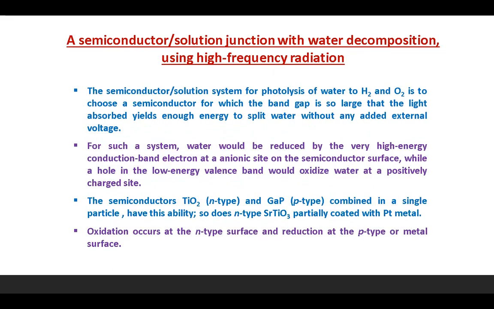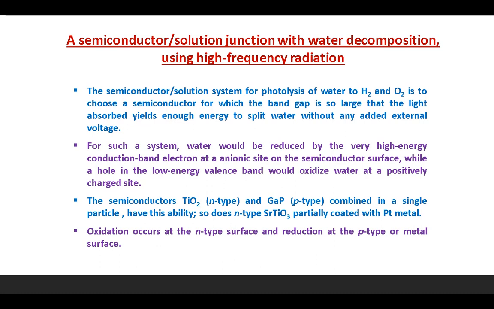A semiconductor solution junction with water decomposition using high-frequency radiation. The semiconductor solution system for the photolysis of water to H2 and O2 is to choose a semiconductor for which the band gap is so large that the light absorbed yields enough energy to split water without any added external voltage. For such a system, water would be reduced by the very high energy conduction band electron at an anionic site on the semiconductor surface, while a hole in the low energy valence band would oxidize water at a positively